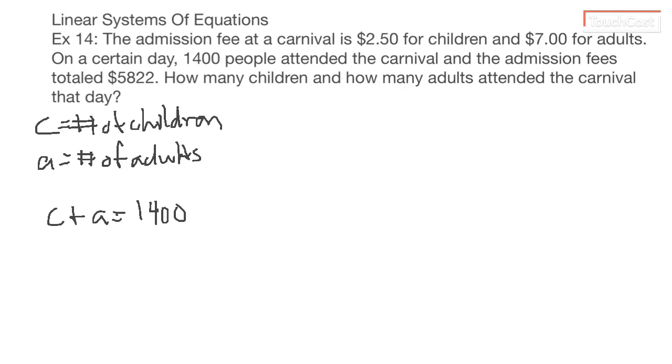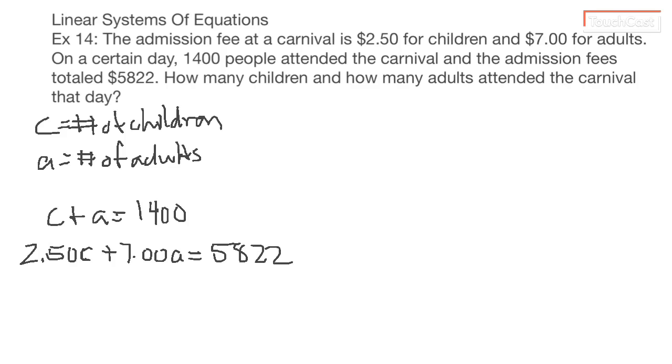1,400. Now if I multiply each variable by the cost of a ticket for that person, we can set that equal to the total amount of fees they brought in. So if I go 2.50 times C plus 7.00 times A, that can equal